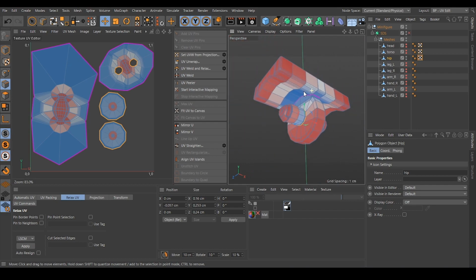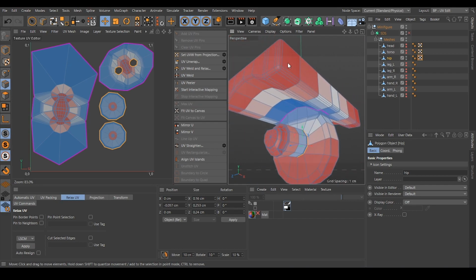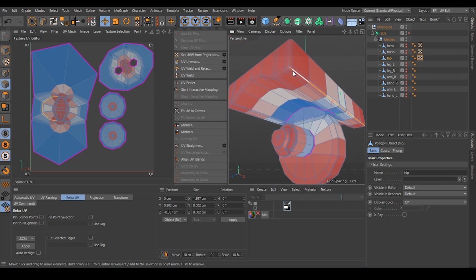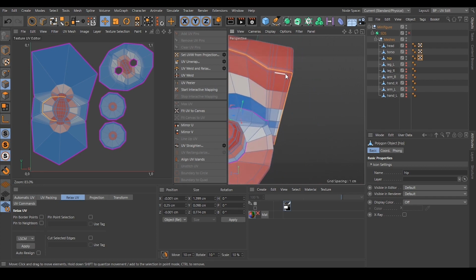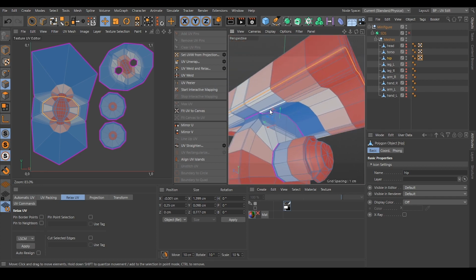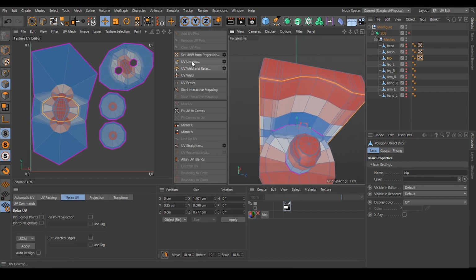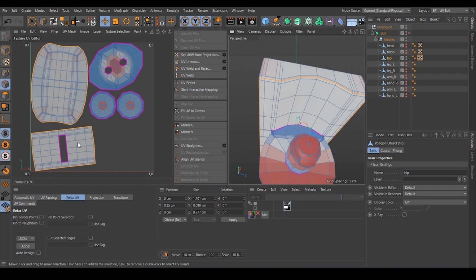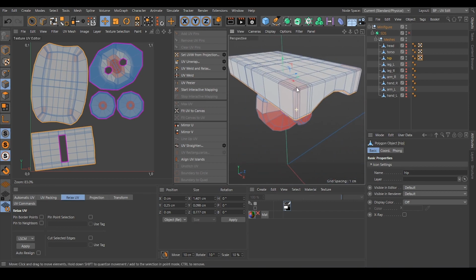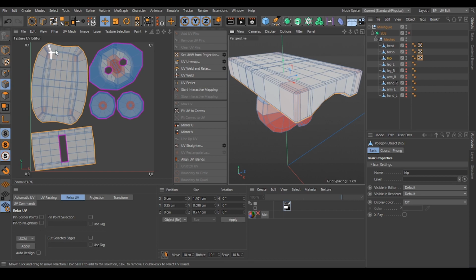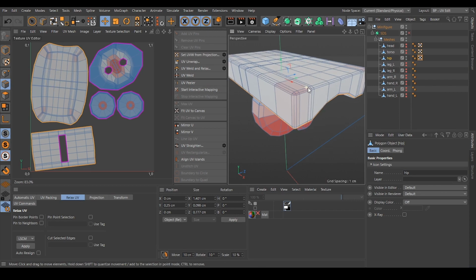And now let's focus on the top part here. We can create a loop selection, something like this here. Wonderful. Hit the UV unwrap button, and you will see it's almost distortion free. But we want to UV unwrap this part here further, so let's create another loop selection for this one,